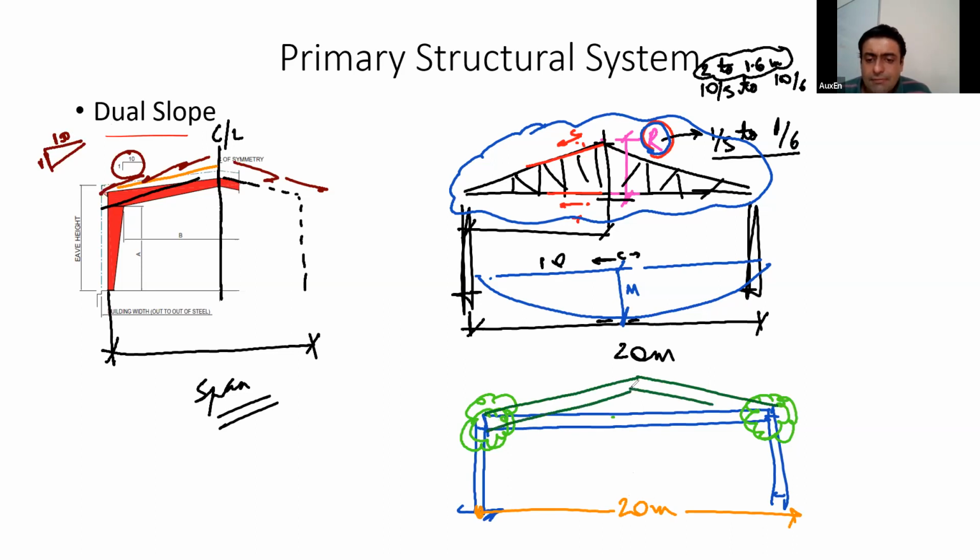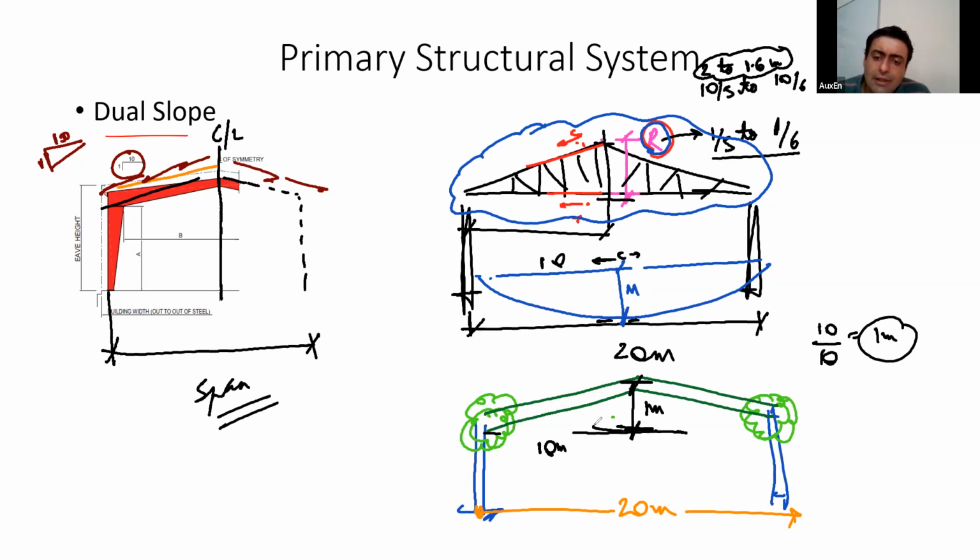Yes, tell me. 1 in 10 would mean what would be my riser for a 20-meter shed? So it would be 1 meter. My riser would be 1 meter. How 1 meter? You will take half, 10. 10 is half, and because you wanted a 1 in 10 slope, 10 by 10, 1 meter. So you understand that while in a truss I might have required a riser of 1.6 to 2 meters, that is greatly reduced to around 1 meter in PEB. Okay.